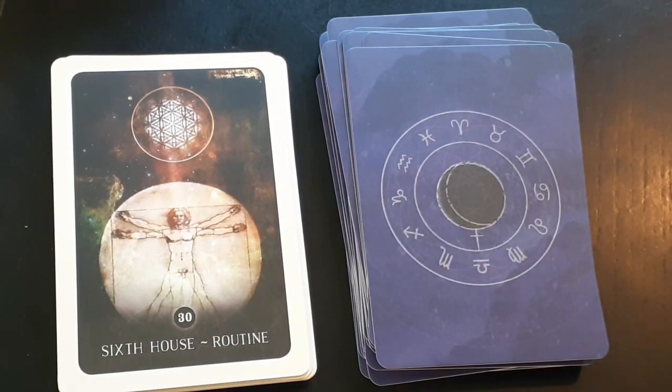Sixth house, routine. Your job, how you work, and what you are working on. Responsibilities, duties, diligence, volunteer work, making sure all details are covered. Looking at the small things, even trivialities. Organization, making sure everything is in the right order, analyzing the situation, efficiency, productivity, the body's condition, digestive disorders, the colon, stomach, and esophagus, health foods and diet, a